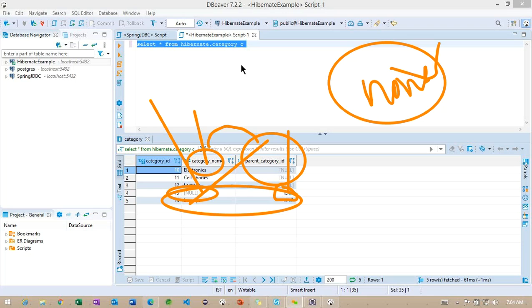Carefully observe here. We have introduced HQL, which is nothing but Hibernate Query Language. This HQL is not used for insert or update or any other operation, but only for the retrieval operation.